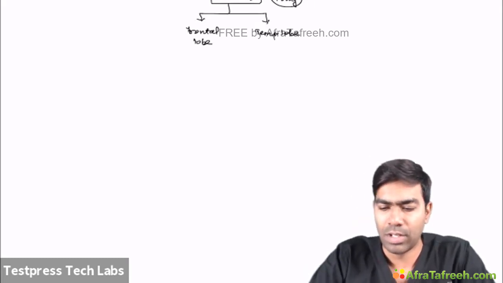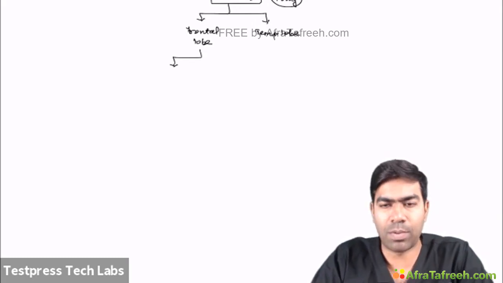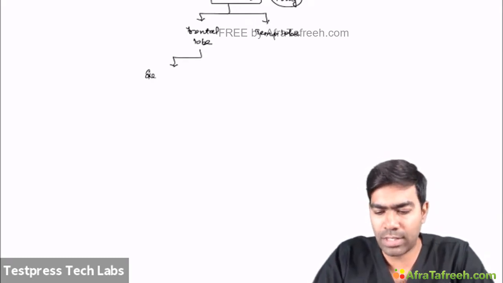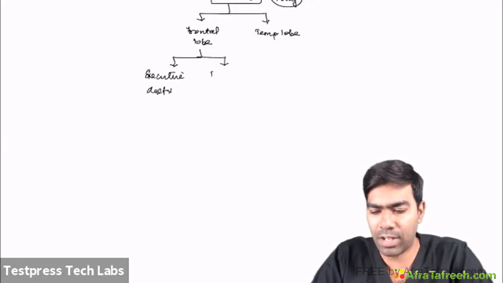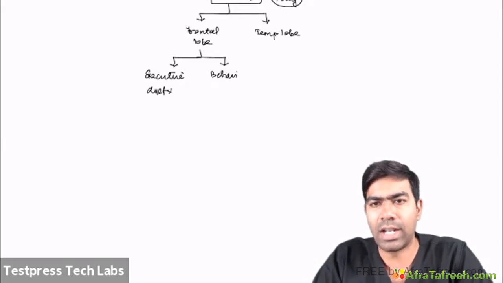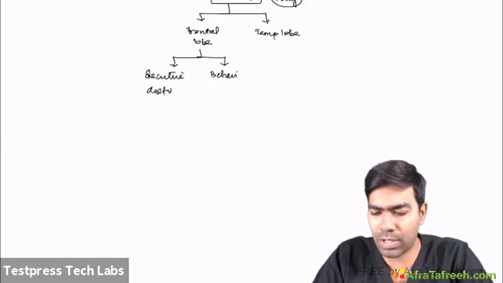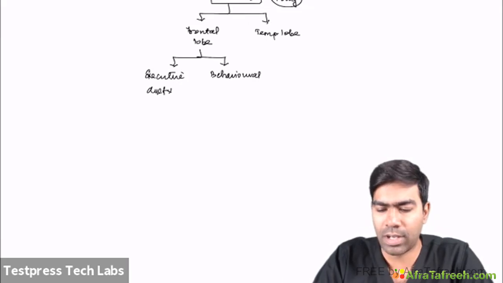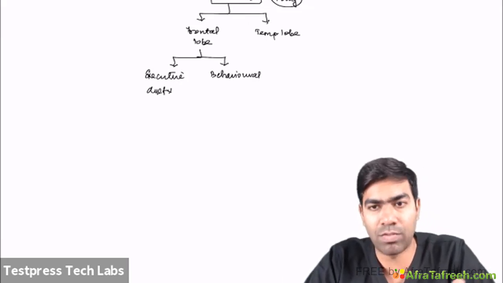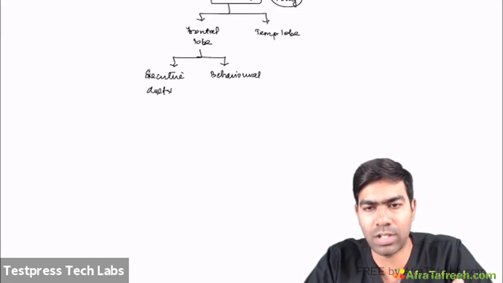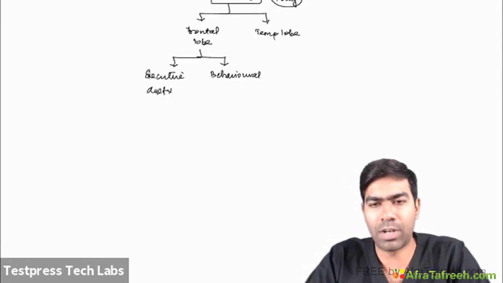As far as the frontal lobe is concerned, the problem is going to be more in executive dysfunction. I'll tell you what executive dysfunction means sometime. Apart from that, they will have a lot of behavioral issues like apathy and disinhibitory behavior because the frontal lobe is affected. I think I told you the prefrontal cortex is the seat of inhibition and social behavior. If it's lost, it can result in disinhibition, or sometimes apathy and poor thinking.